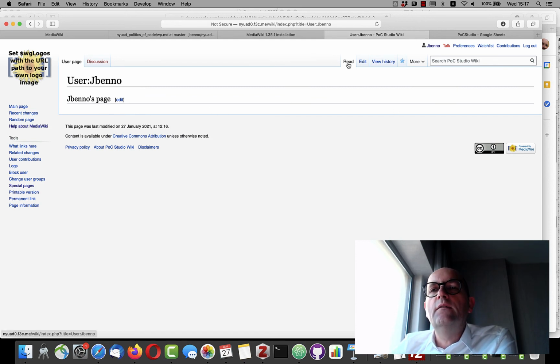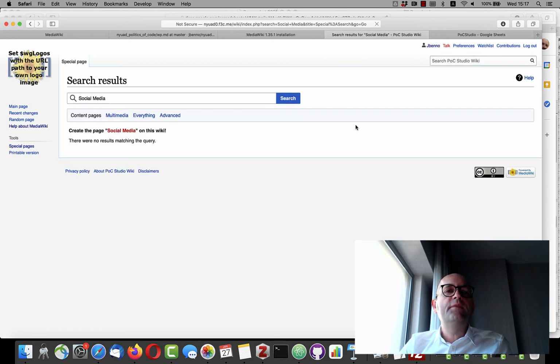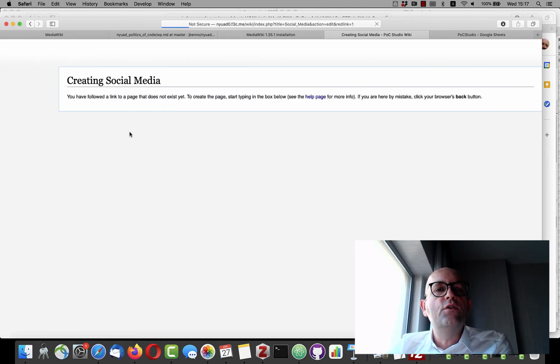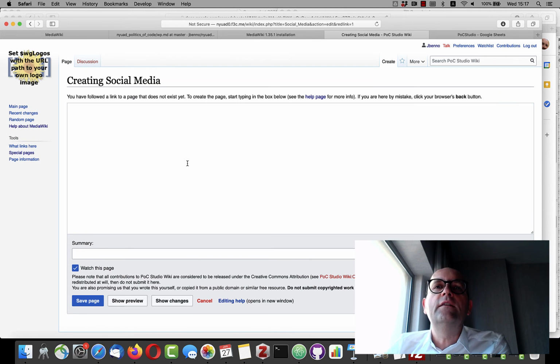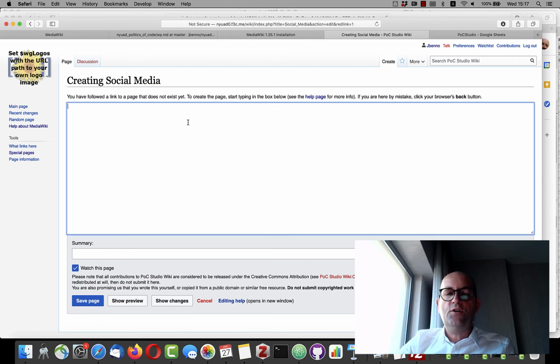And we can start any kind of page by putting a word into the search. Like, let's for example have a search term social media, and it will now come up that the page social media doesn't exist. If we click on the red social media, it creates automatically an editing page, and we can start by saying